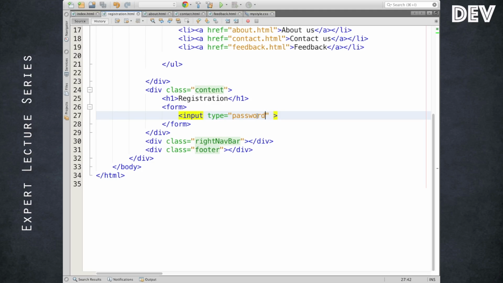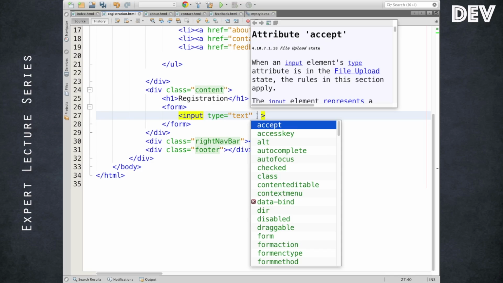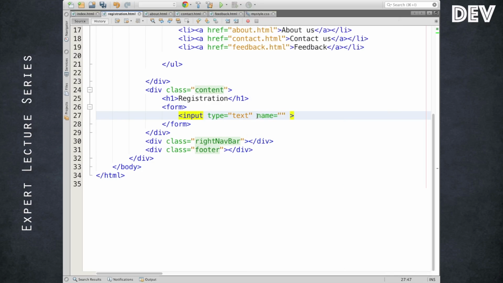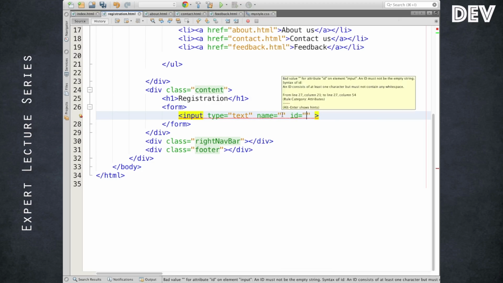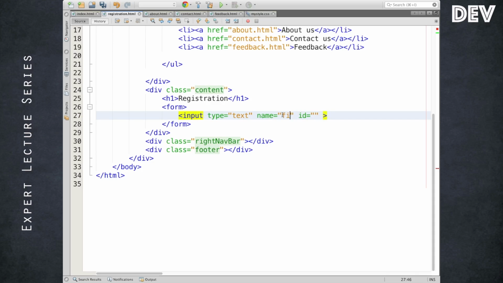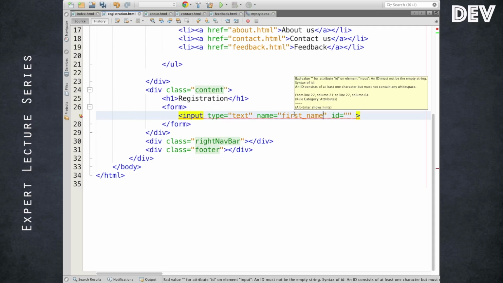At this point we are going to need the type text, the name attribute and the ID attribute. We have other attributes for the input field. A name of the input field, for example in this case, first name. This one is going to host the first name value.